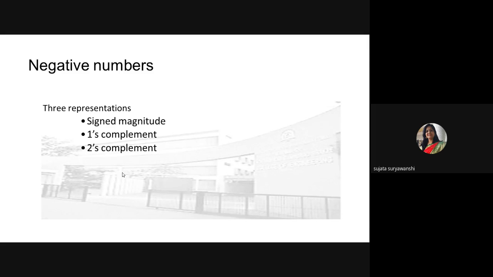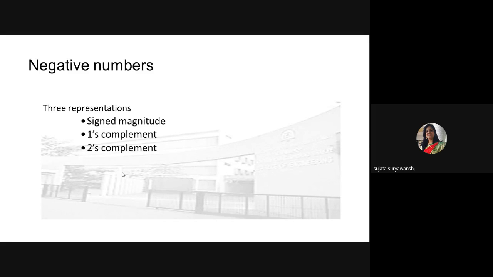Suppose your number is 4 times 1. Understood? If your given number is 4 times 1 and it is in sign magnitude format, then the MSB bit is reserved for sign, right? 1 is there, which means whether it is positive or negative? Negative. Yes, 1 means a negative number is there.